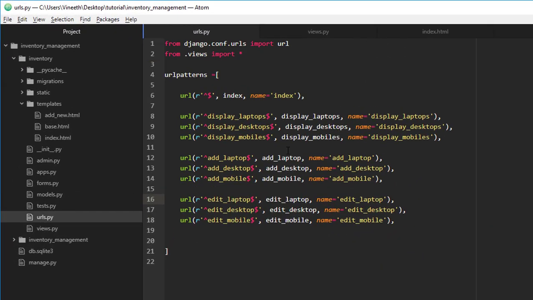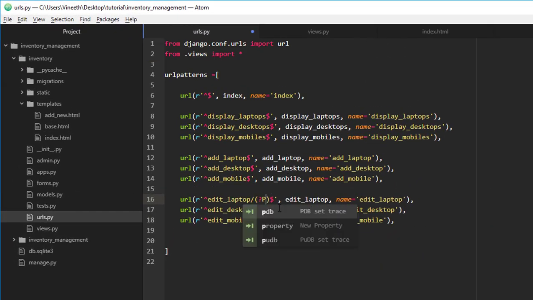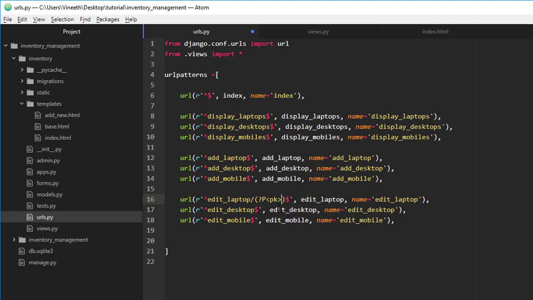So we have to mention the same in the urls.py. So let's do that. We have to say that this primary key can be any digit and of any length. If we do not pass this, Django is going to throw a URL mismatch error. So once that's done,